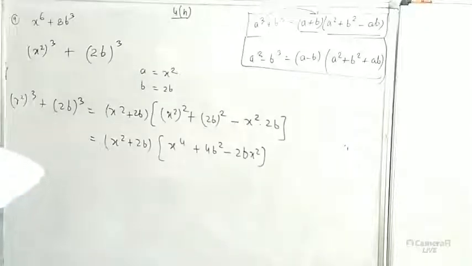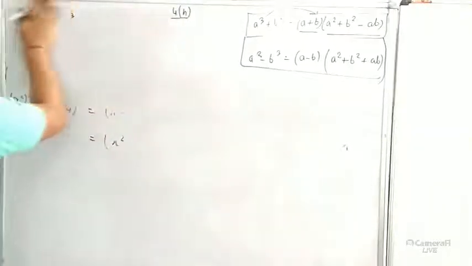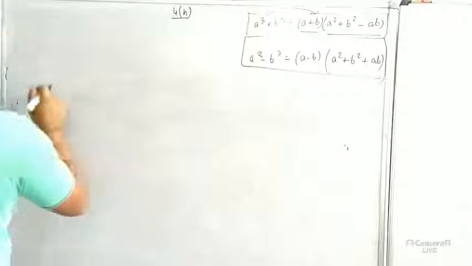Question number 9 is this: x square plus 2b, times x to the power 4 minus 2bx square plus 4b square. Okay sir. Next one is